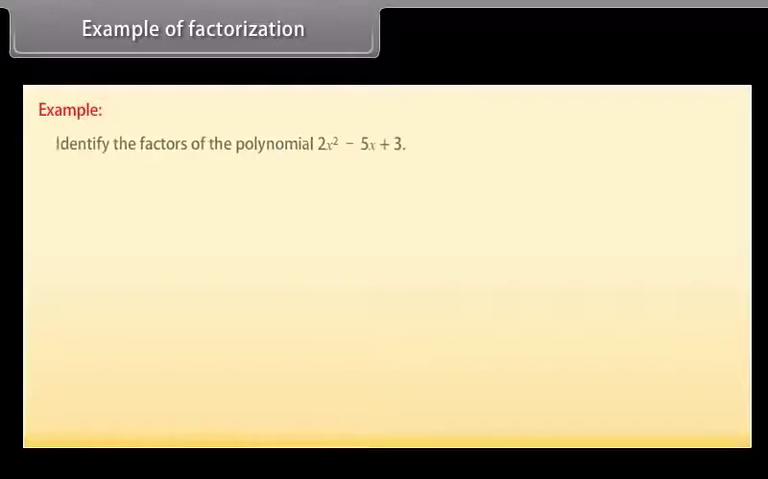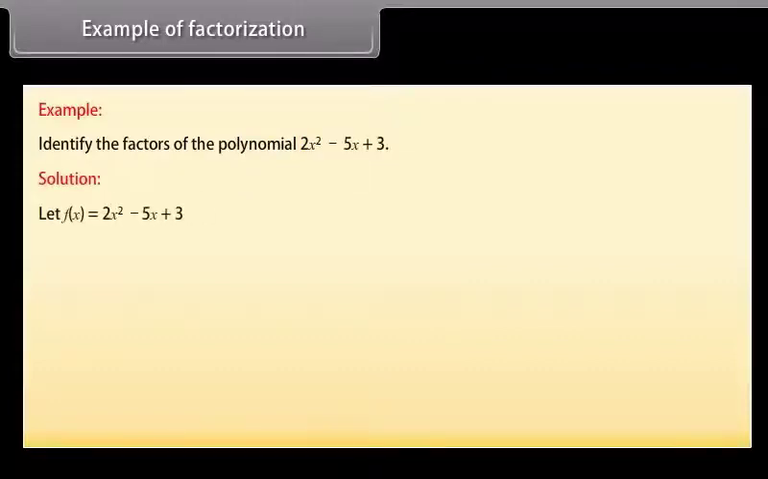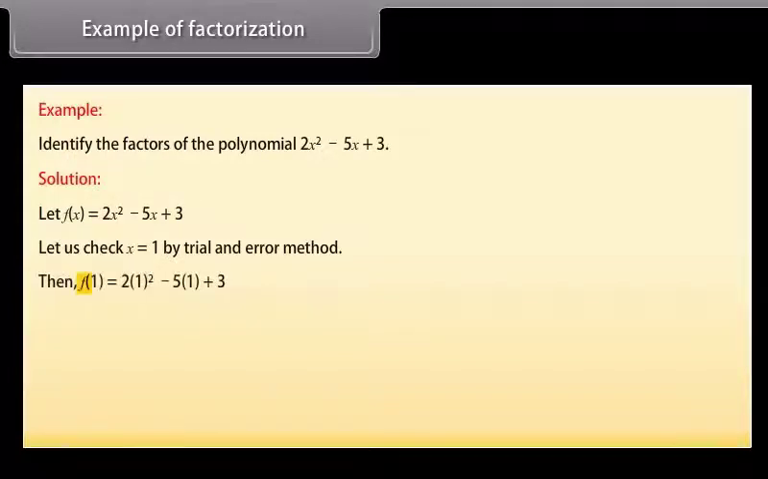Example of factorization. Example. Identify the factors of the polynomial 2x square minus 5x plus 3. Solution. Let f(x) is equal to 2x square minus 5x plus 3. Let us check x is equal to 1 by trial and error method. Then f(1) is equal to 2 times 1 square minus 5 times 1 plus 3, which is equal to 2 minus 5 plus 3,